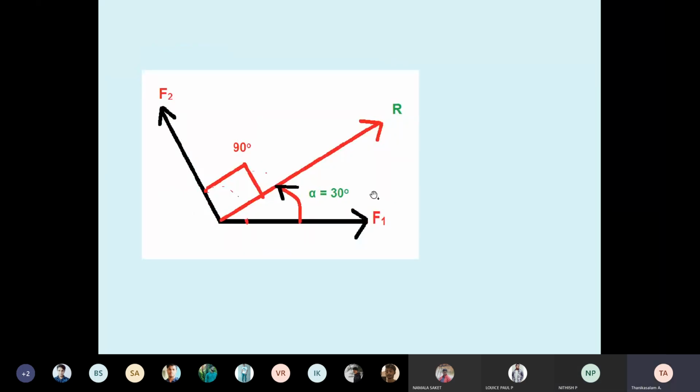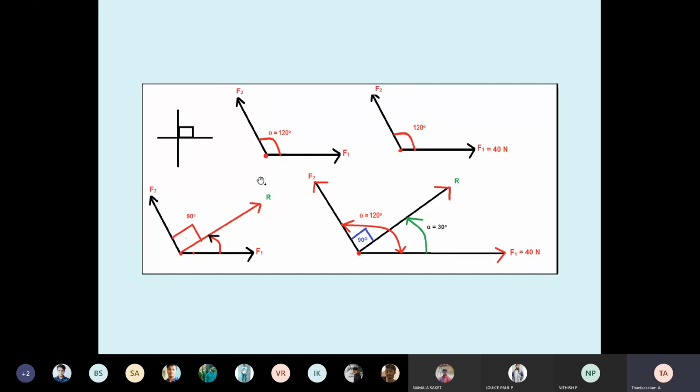In the question they only gave a statement. We have to use our brain and mind to draw this. It is a very interesting and actually very simple subject. So in the question, F1 and F2 have an angle of 120 degrees between them, F1 is the bigger one, 40 Newton, and F2 is the smaller one. The resultant is 90 degrees with respect to the smaller one, so I marked 90 degrees. Therefore the balance 30 degrees is alpha. Sajid, understand? Yes, sir.